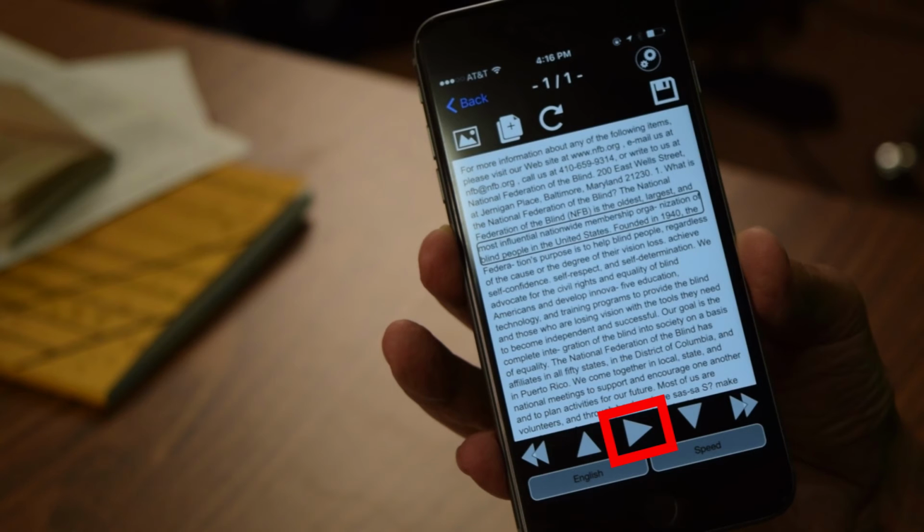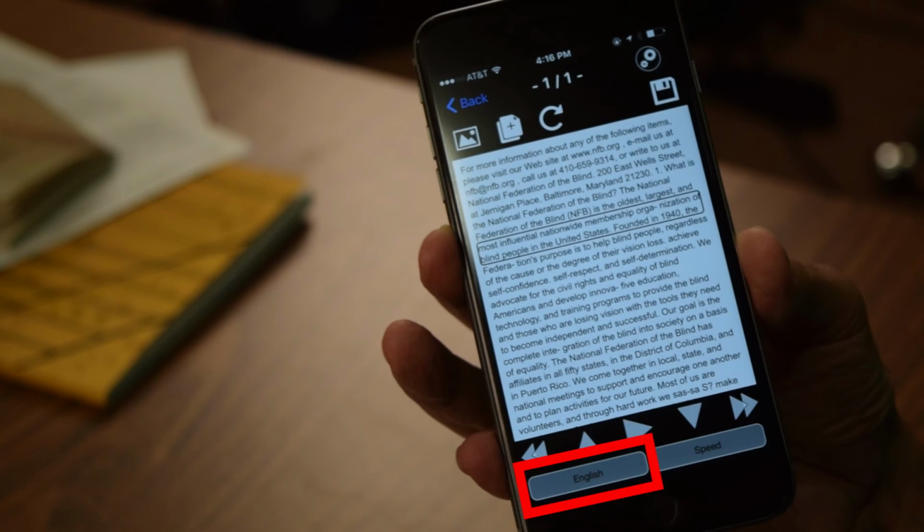Play. Button. That's your play pause button. If you tap it, it will start to speak the text, and if you tap it again, it will stop. So it's a toggle between play and pause. Next sentence. Next sentence skips forward by one sentence, and next page skips forward by another page. And so if you had a multi-page document, you would be going through the text page by page.